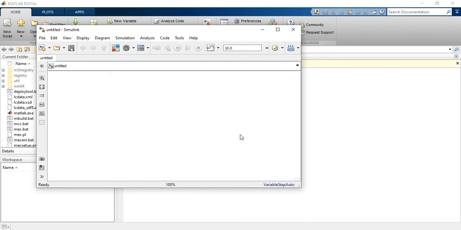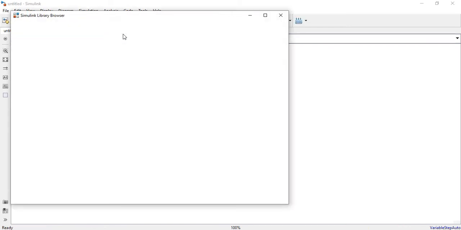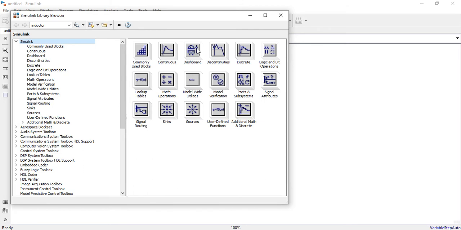So now in this new window, again I will open the library browser. In this library browser, all the components according to our requirement, we can choose. Okay, so it will open. As you can see, you will be having lots of sources.